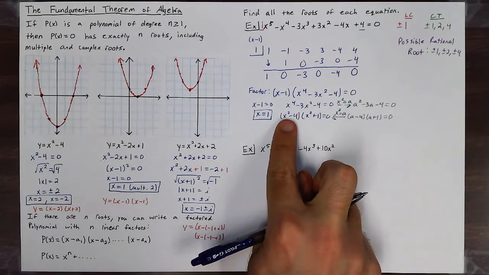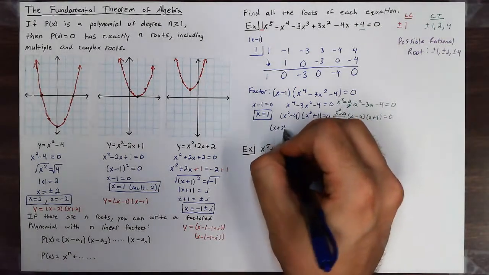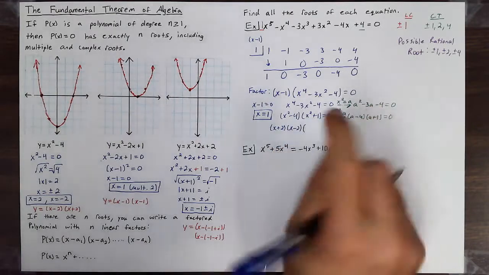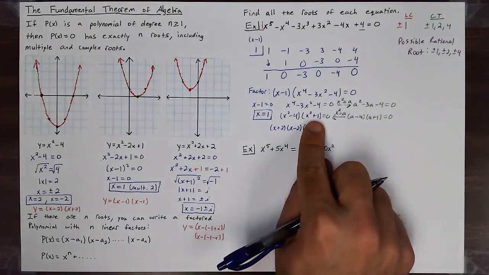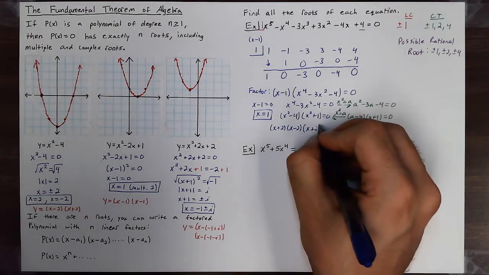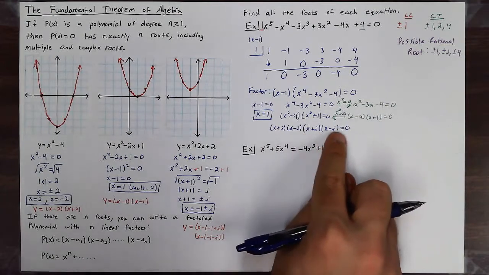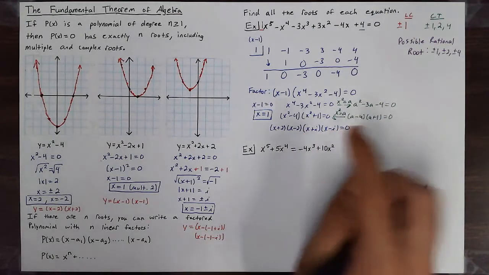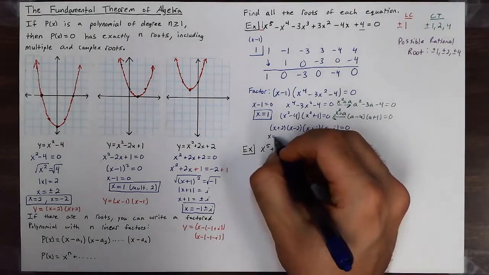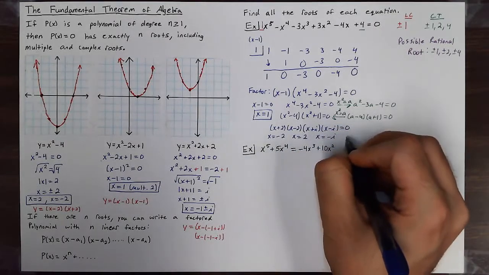And then x squared minus 4 can factor into x plus 2 times x minus 2. And even x squared plus 1, that's the sum of squares, can factor using complex conjugates into x plus i and x minus i. Lead me to set all of these equal to 0. So my other solutions would be x equals negative 2, x equals 2, x equals negative i, and x equals